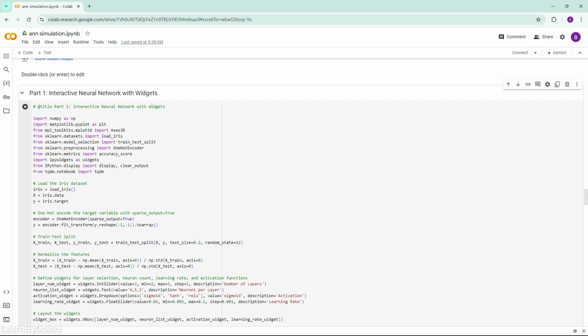Now let's take a look at the first version of the code, interactive neural networks with widgets. In this first version, we've incorporated interactive widgets that allow you to customize the neural network's architecture and the learning process on the fly. You can modify the number of layers, neurons per layer, activation function, and learning rate without